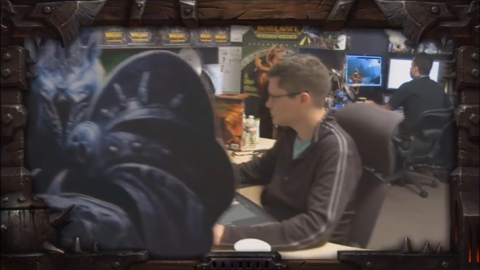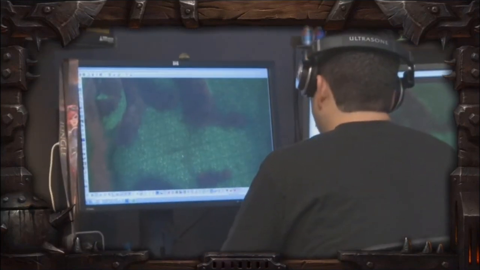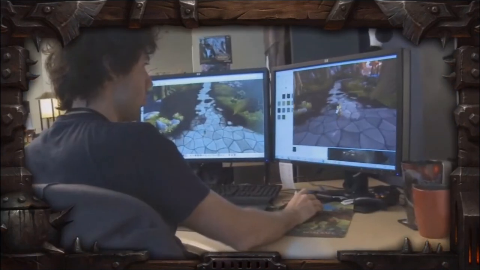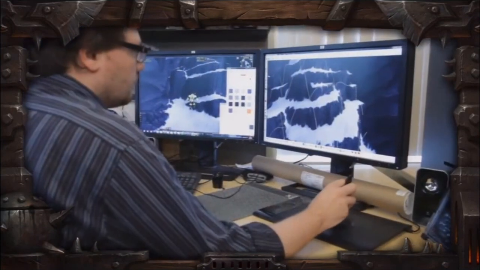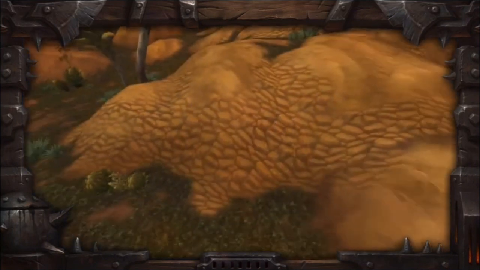So luckily we do have help from our extra level team. These guys take all of our props and all of our textures and trees and everything and help us put it together in the zone with WoW Edit that you see here. So they're really all helping us to fulfill that vision from the concept art. We do have a lot of tech help from our tech team, and I got a really cool demo for